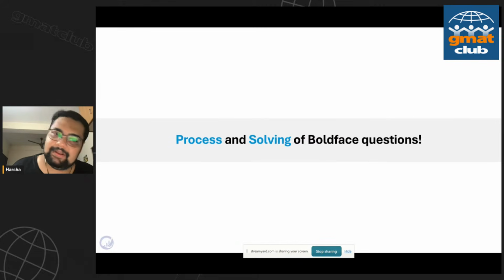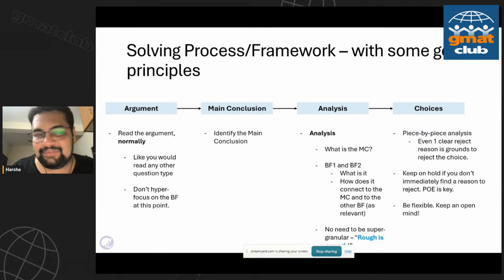So let's get into my process for solving boldface questions. It's a little counterintuitive, to the point that all this while I've been giving you a lot of this jargon terms. What is a fact? What is a claim? What are these terms? What do these terms mean? But when I'm solving, I don't obsess too much about it. I leave it to the answer choices to a certain level. So let's discuss how I solve boldface, and I'm sure that at least some of you will get some benefit from this. So it's a simple 4-step process.